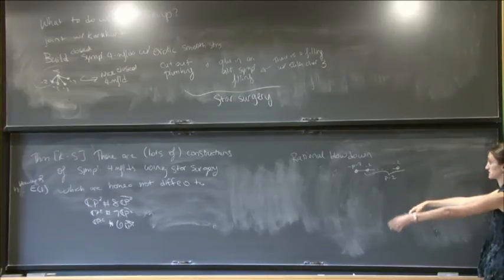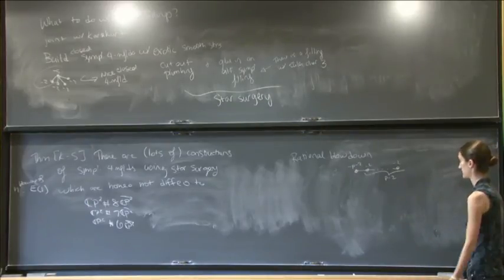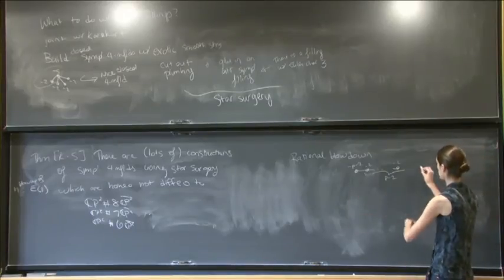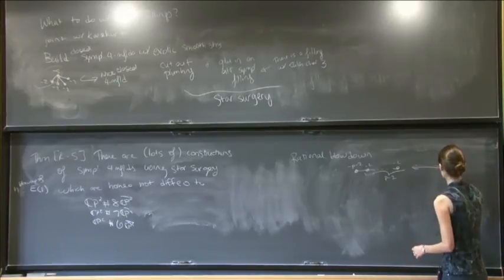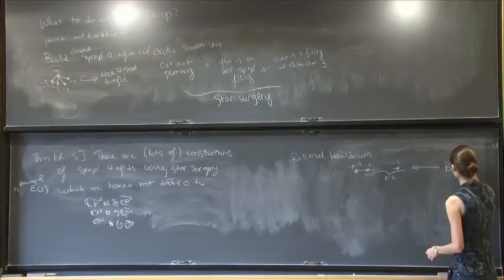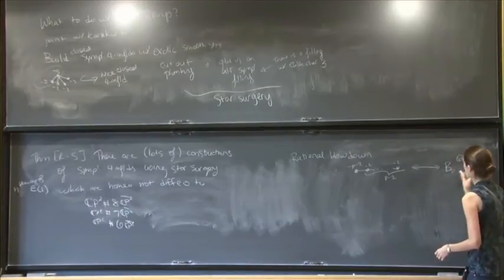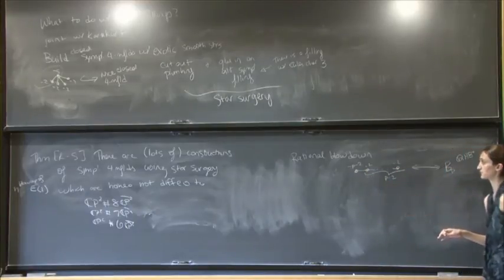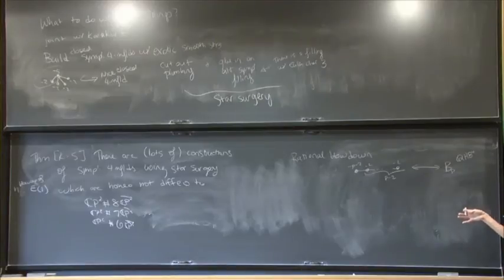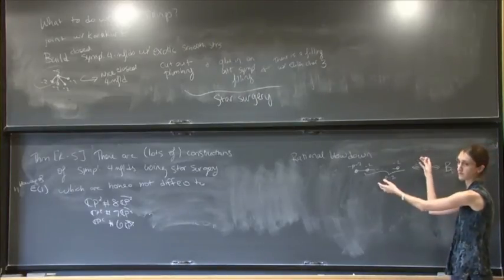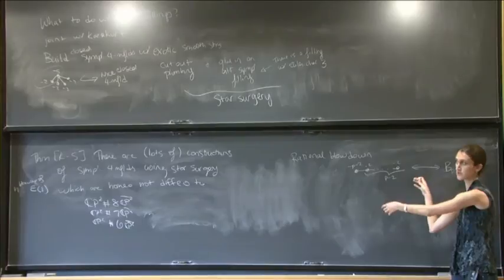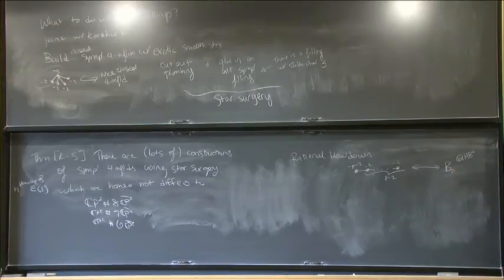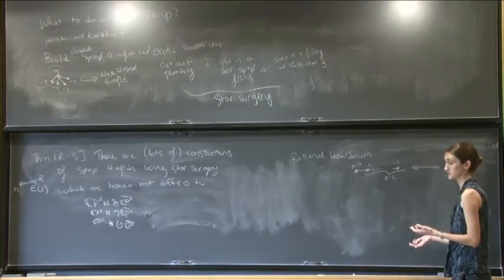So you can view this as a special case of a star-shaped plumbing, and it replaces this with some other manifold, which is a rational homology ball. So if you find these embedded spheres inside of your 4-manifold and replace them with this rational homology ball, you're killing off all of the generators, the rank of the homology generated by each of these spheres. So you're reducing the homology by a lot, and that's part of why this operation is so effective for finding